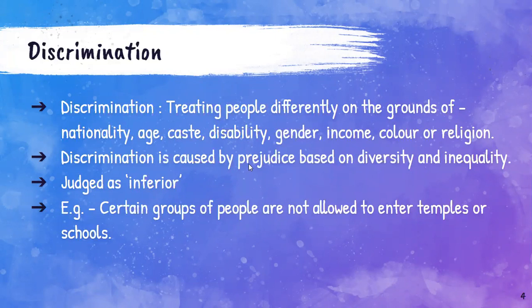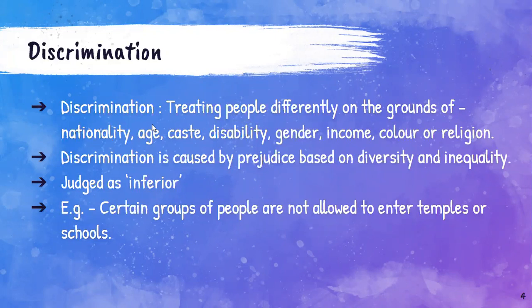Now, prejudice, as you recall, is caused by diversity and inequality. That everyone is not the same, right? And everyone is unequal. So someone is judged as inferior to the other person. Now, what happens is when the people who are inferior are treated differently. When people are treated differently on the grounds of nationality, age, caste, disability, gender, and so on, it is known as